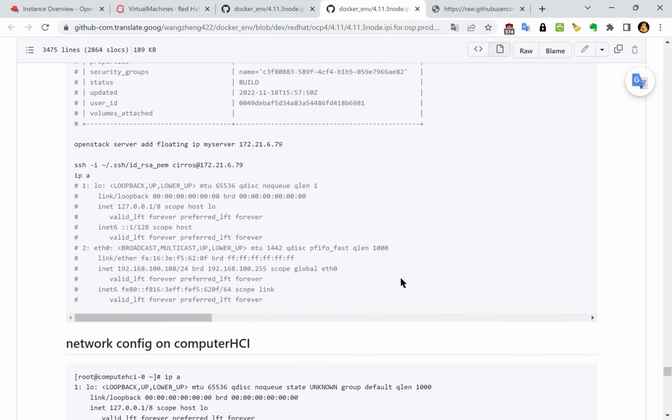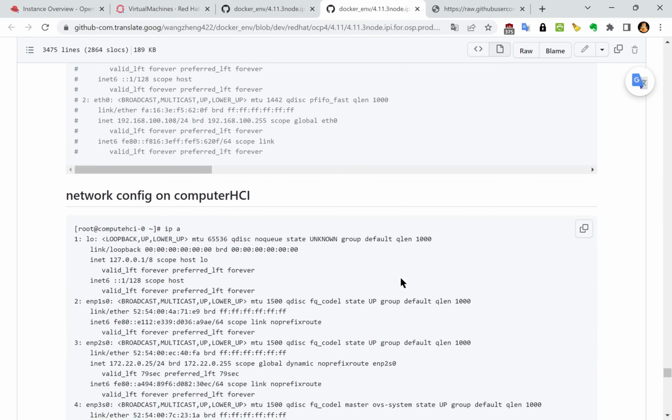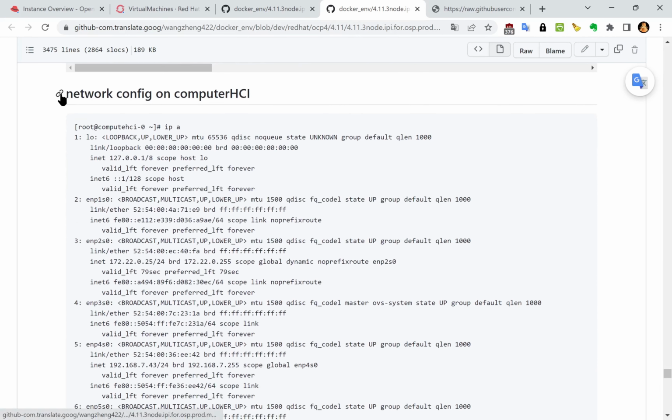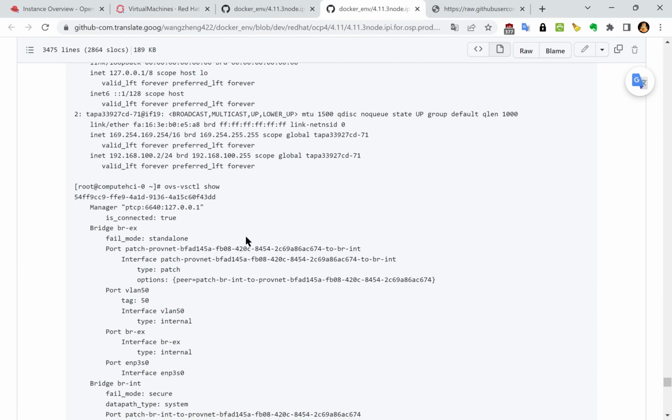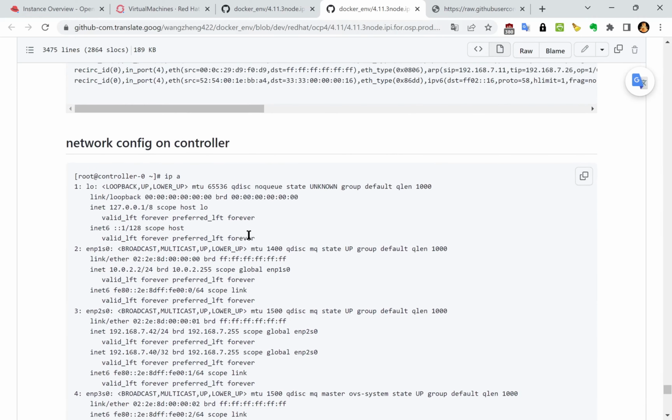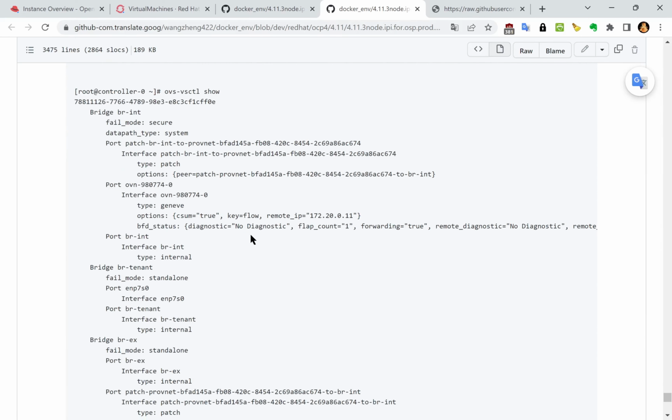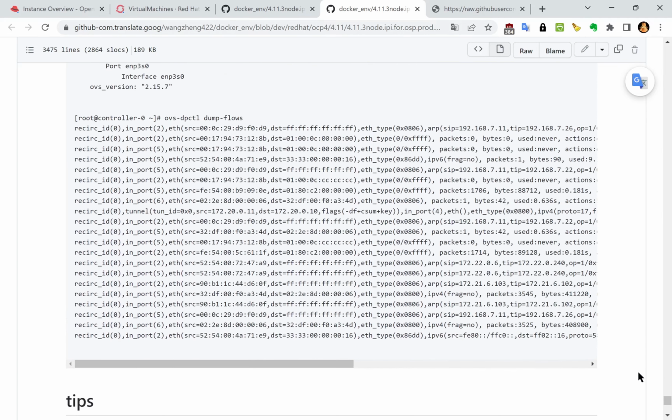Now we have completed our deployment and tried it out. As an additional item, we will learn how the network is configured. So I put the network configurations of the compute node, the IP information, the OVS configuration information, and the OVS flow dumps. Also, the controller's network information is here, which helps us learn, analyze, and think about how this OpenStack is